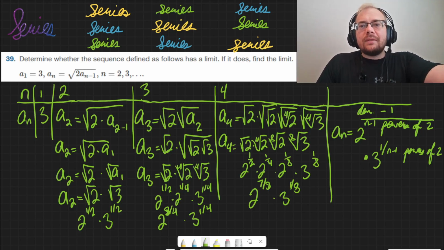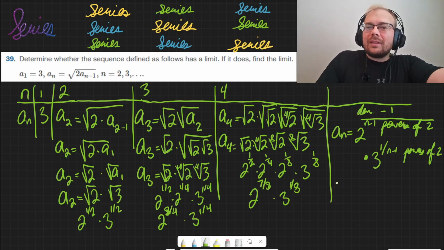Because if you have 2 to a crazy power, like 2 to the power of a googolplex, and then in the numerator, it's that value minus 1. So it's essentially 2 to the first power, which would be 2. So the limit as n goes to infinity of a sub n is going to be 2 times